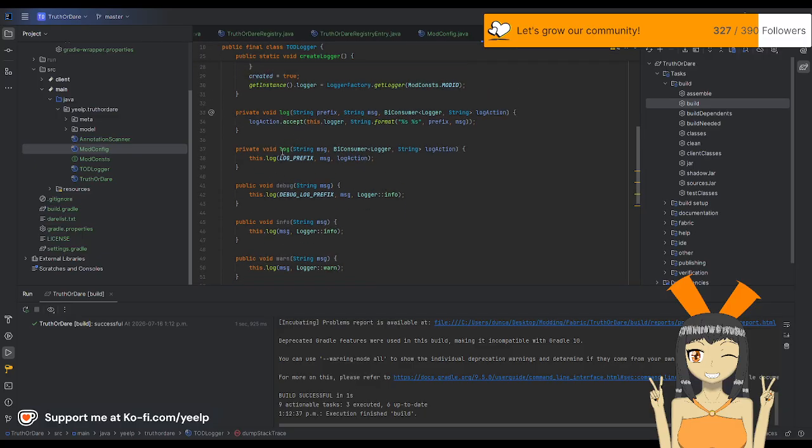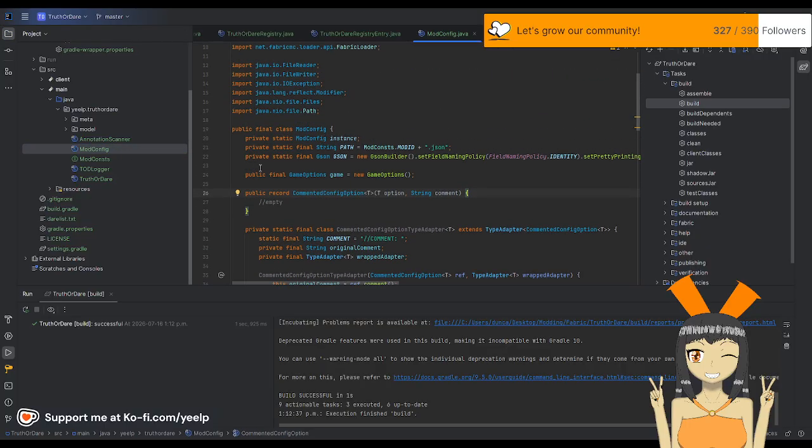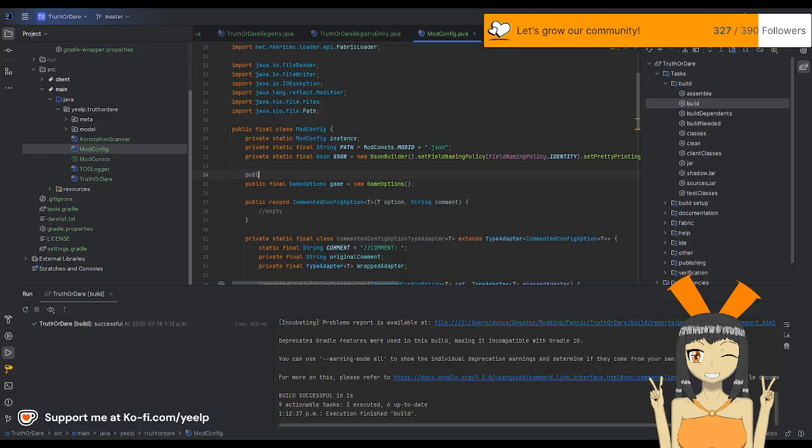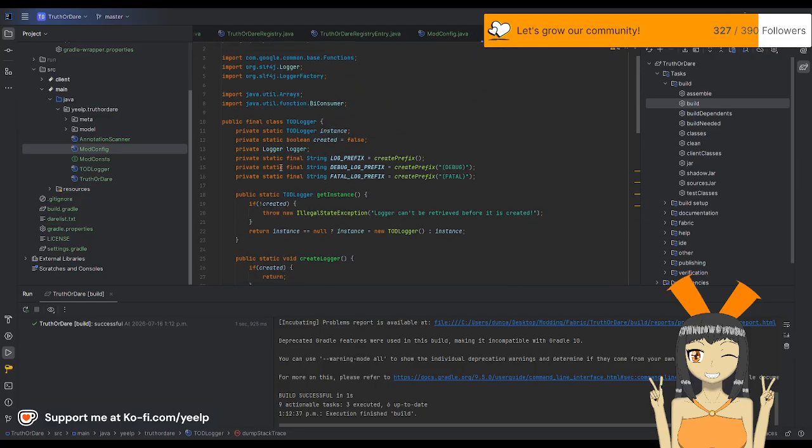It doesn't even have a check for it at all. And then so debug needs to have